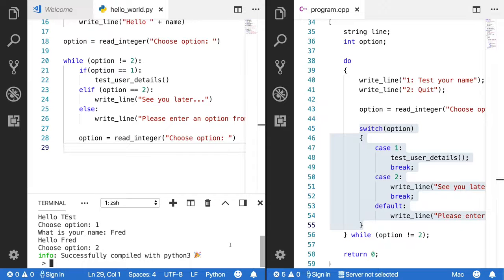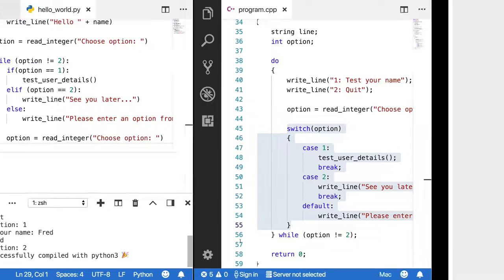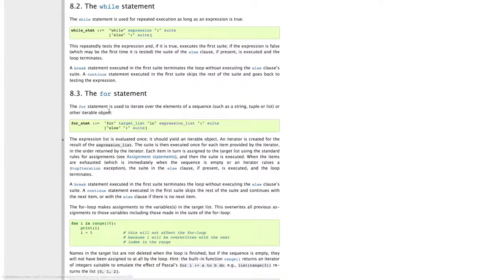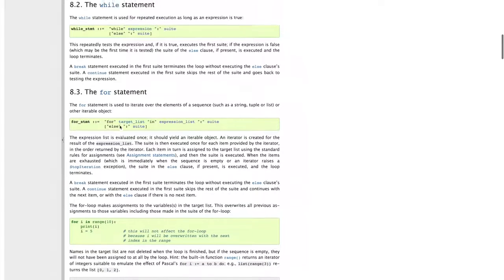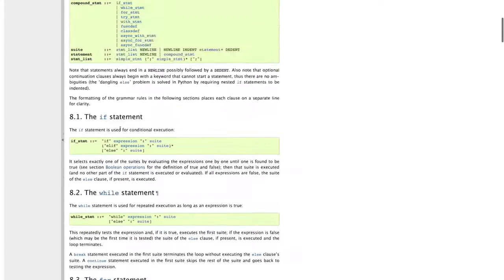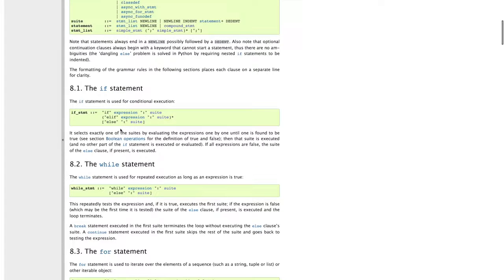So hopefully that's been a good introduction to how to approach learning a new language. You can use the syntax, because this will tell you exactly what you need to type. And usually they'll provide examples for how to do that alongside the code. You can also just search for